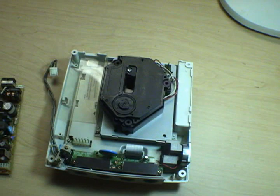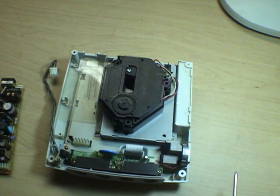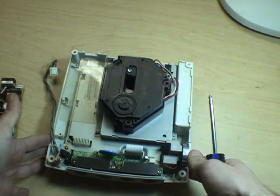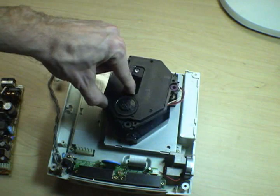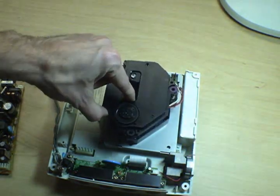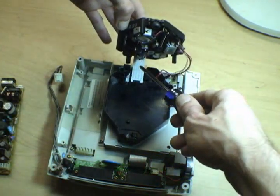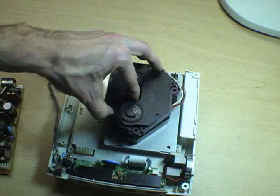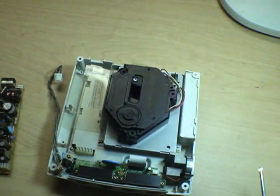The other major part of the Dreamcast that can have problems is the GD-ROM unit. And in order to take it off, there's two things you can do. One, just like on a PlayStation, the top of the unit actually isn't attached to anything at all. It just kind of rests on these little rubber grommets here for vibration isolation. But on the underside, it's got a ribbon cable, and it's still connected to the rest of the unit. So you can actually just flip that up and pull that ribbon cable out,